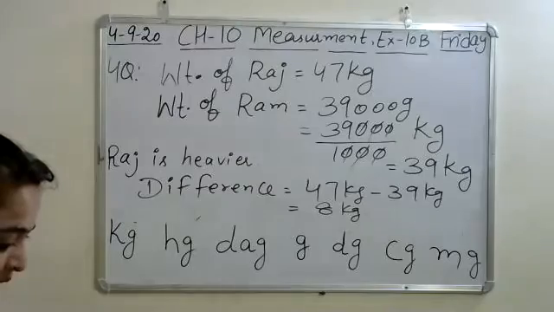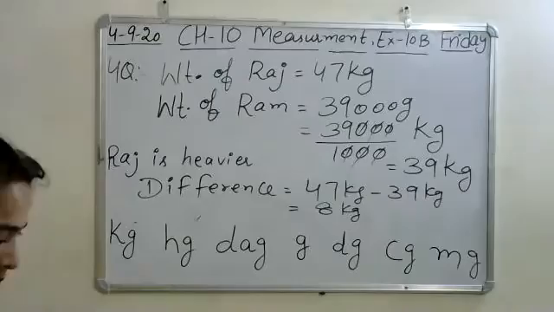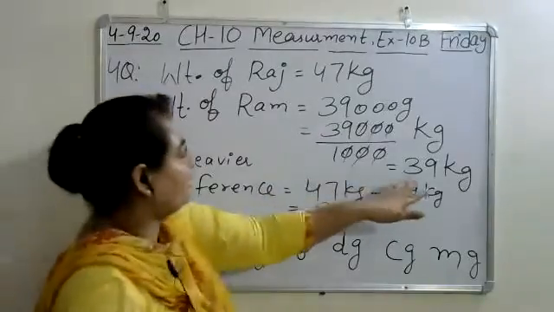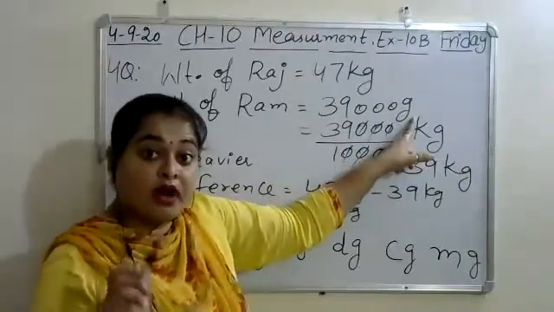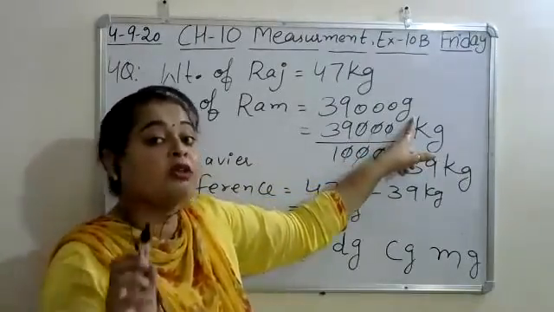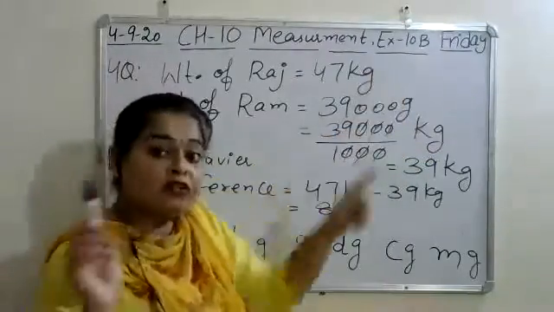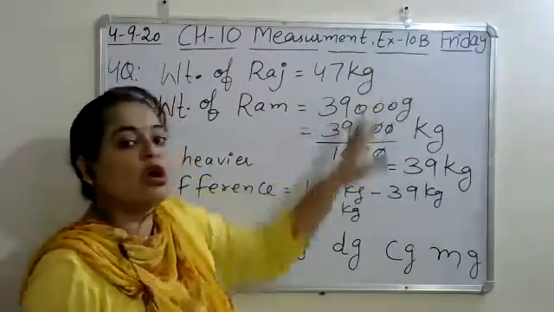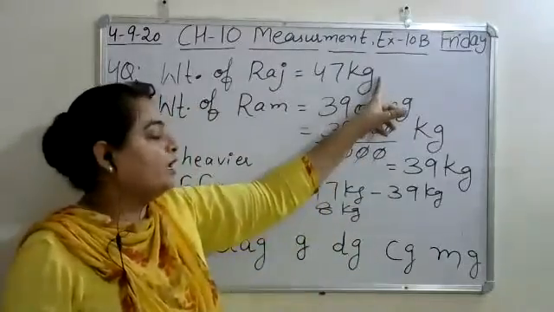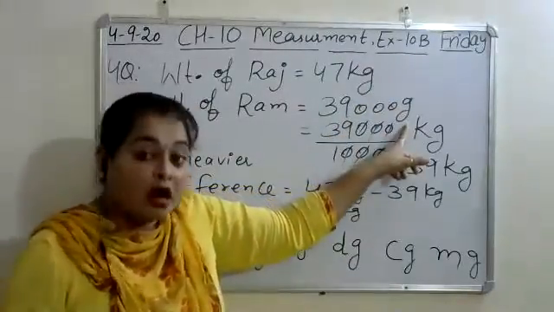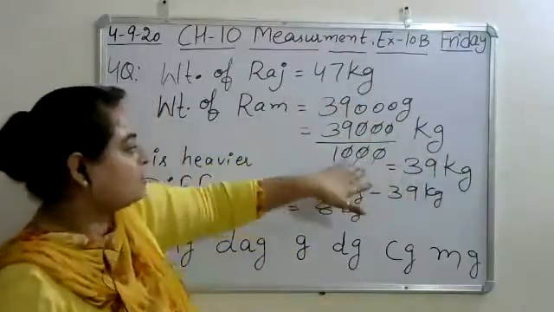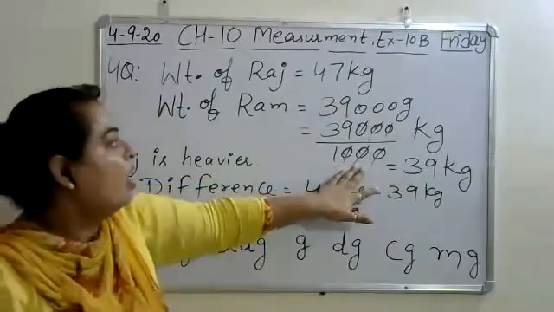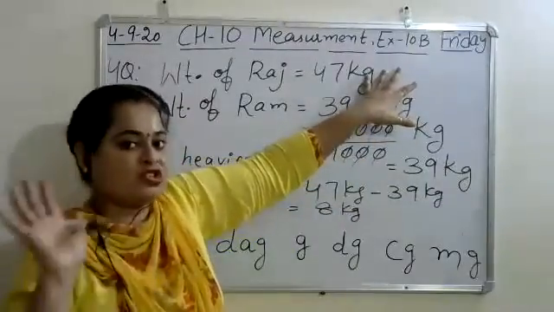Okay, ma'am. In the first step, you will make both the units same. This thing is very, very important. If the first is in kilogram and the second in gram, in the first step, you will make both the units same. After that, you will solve. You will not solve the sum if one unit is in kilogram and the second unit in gram. First of all, either convert this kilogram to gram. This is not compulsory, we don't have to do it only in kilogram. You can convert it to gram if you want. This is your wish.